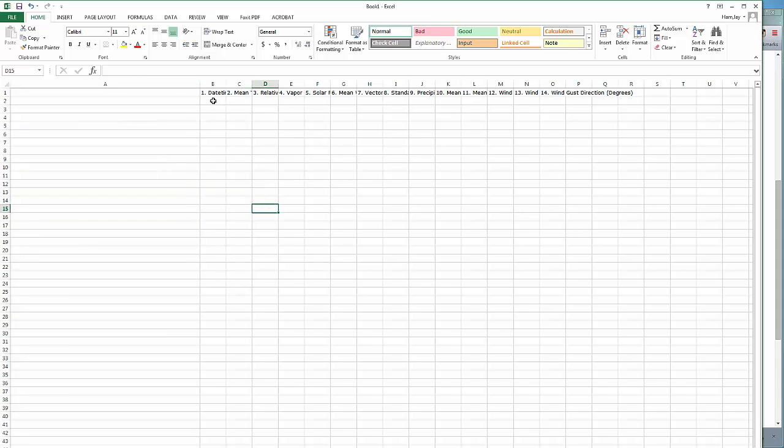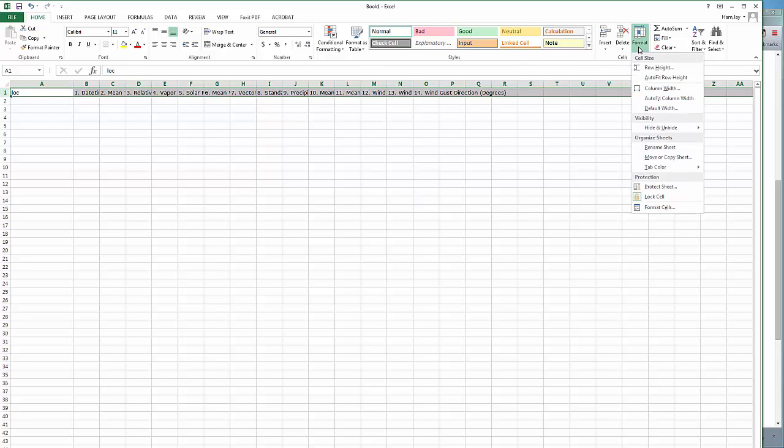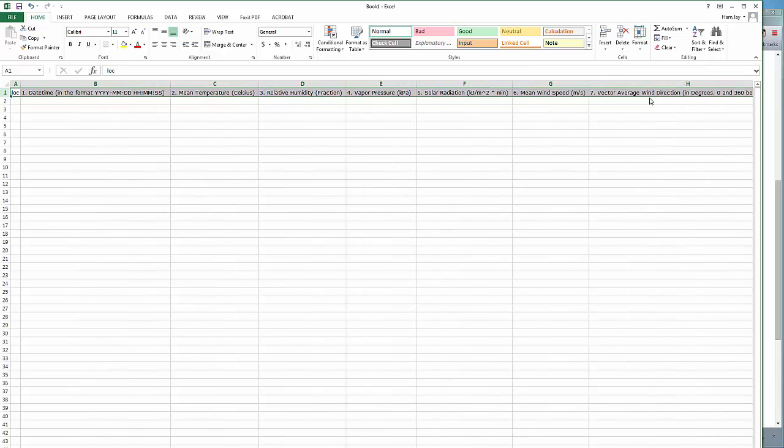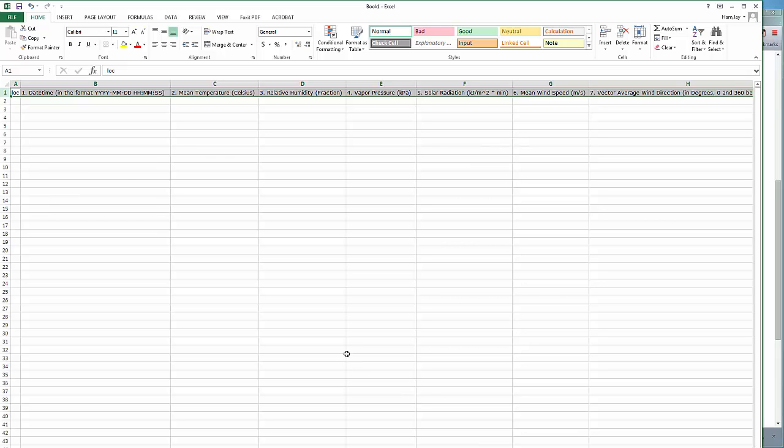And if you recall from a previous video, one thing that CoAgMet doesn't mention is that it actually also puts the location in the very first column. So we're going to add that in there. You can't see all these, so one thing you can do is click on here and then go Format and then Auto Fit Column Width. And now we can see all the variable names across the top. So now we're ready to actually import